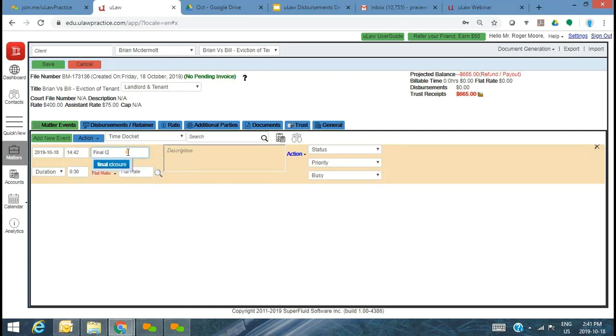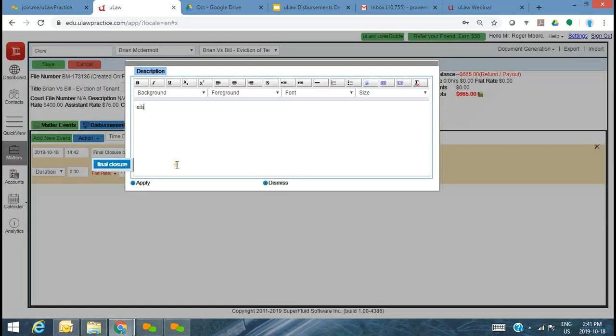So let me just say closure of file, and you could say initial meeting, second court visit, documents drafted, and final closure.